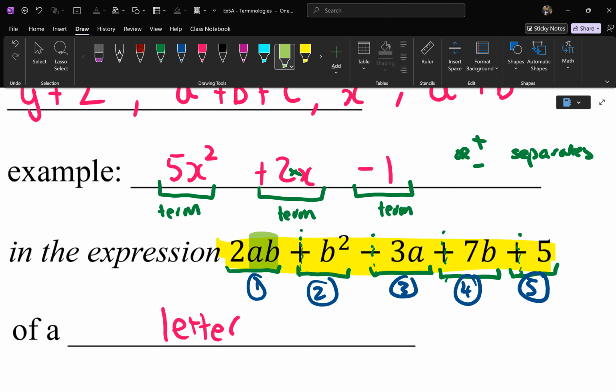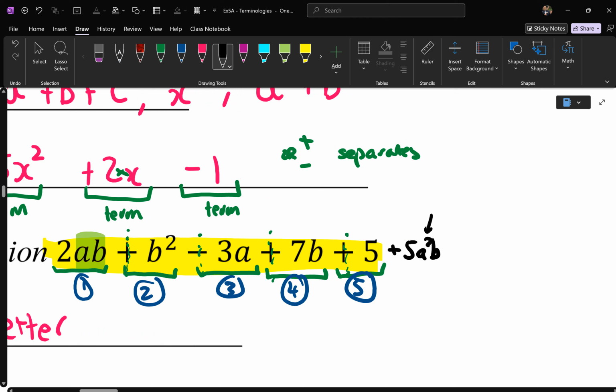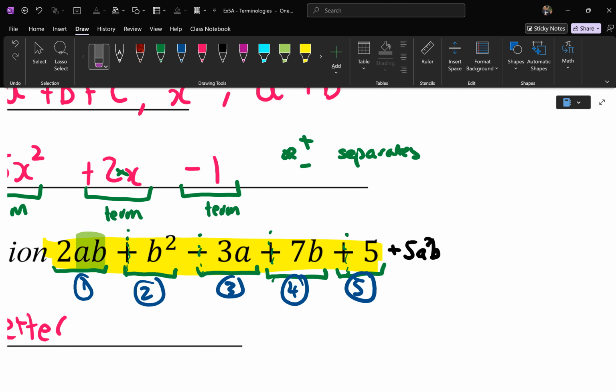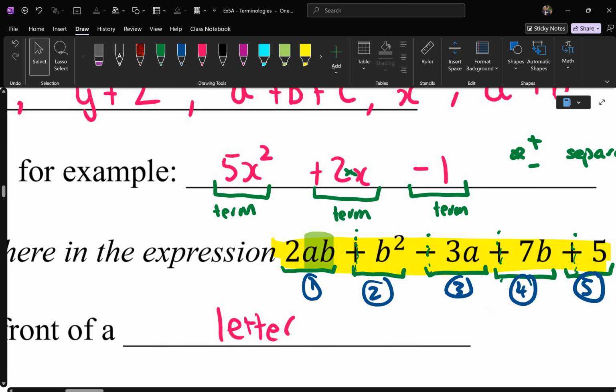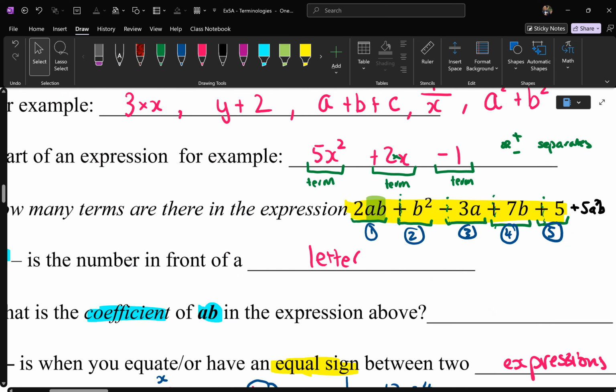The other one is B squared. The other one is an A. The other one's a B. Remember, even if I put another term and I said 5A squared B, yes, they have an A and a B, but the A is an A squared. So it's different. It actually has to be exactly what we see, A, B. So when they say, what's the coefficient of AB? The answer is